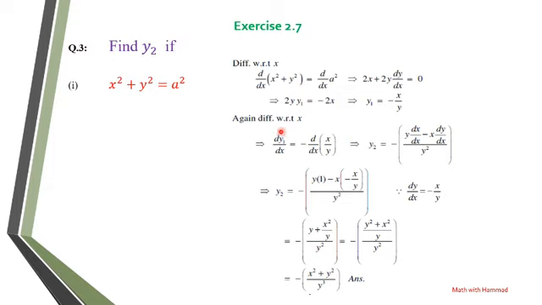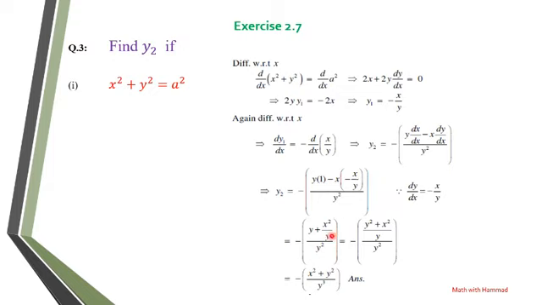Now again differentiate for the second derivative, means that d by dx of y1, d by dx of minus x over y. Minus goes out, so derivative of x over y. Here x over y is in the form of quotient, so we will use quotient rule. Denominator square, denominator as it is, derivative of numerator, minus numerator as it is, derivative of denominator. Derivative of x with respect to x is 1, minus x. What is the value of dy by dx? Value of dy by dx is minus x over y. So minus into minus is plus, y plus x square over y.